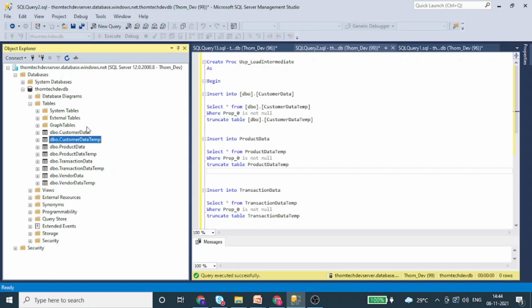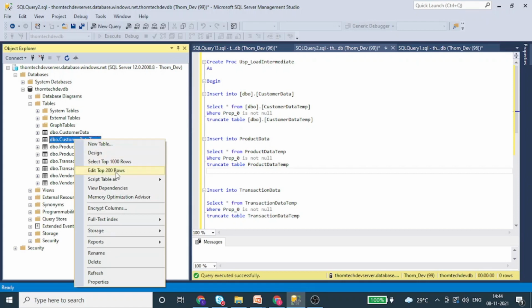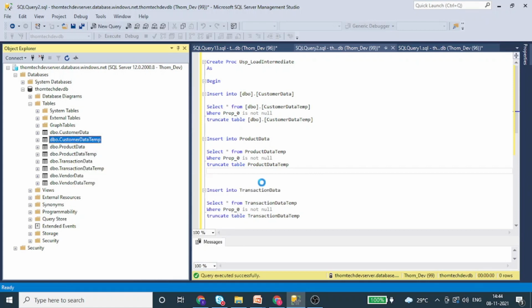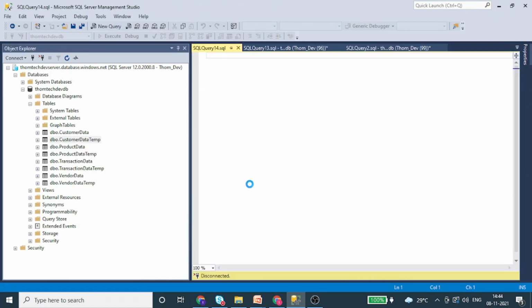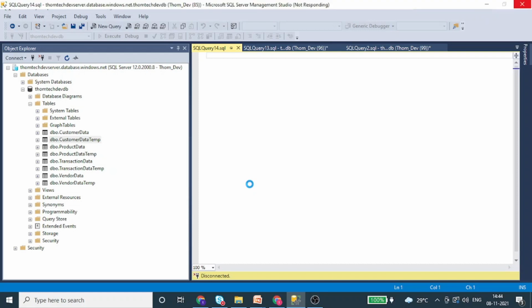Let me just show you what I did. In the temporary table, let's open the object and see the definition. For each of the tables, I have created the structure based on global column names. Okay, so let it open.